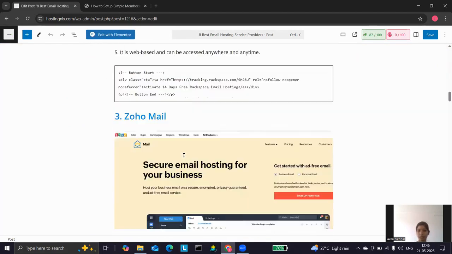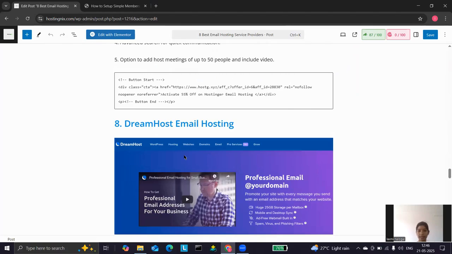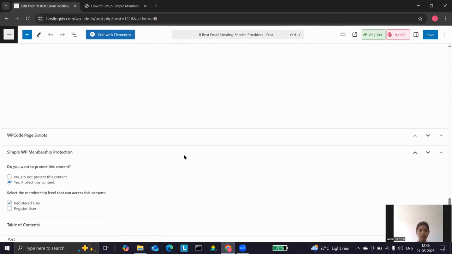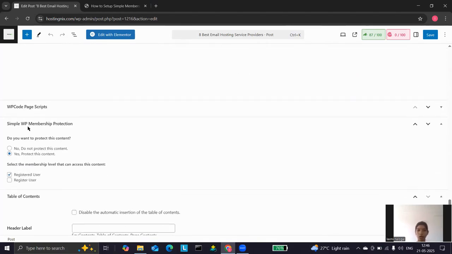Here, scroll down to the bottom, and you can see there is an option called simple membership protection meta box. There is a section displayed here at the bottom of your post.